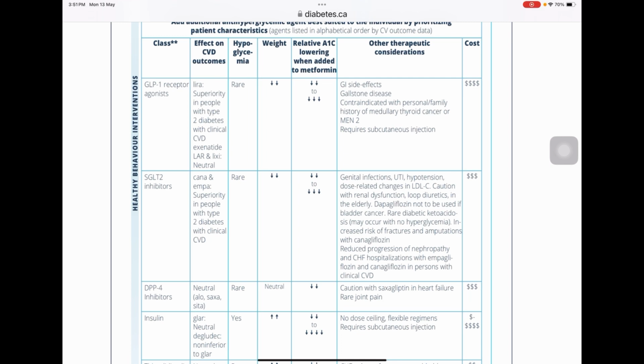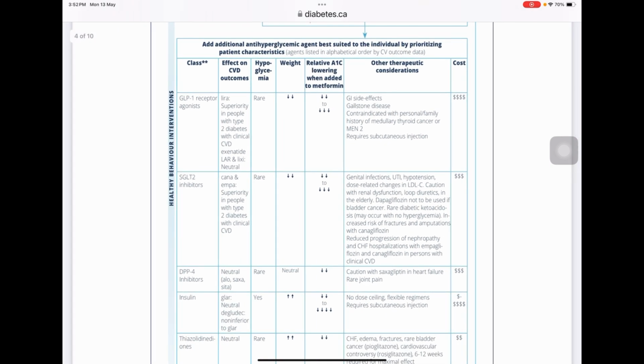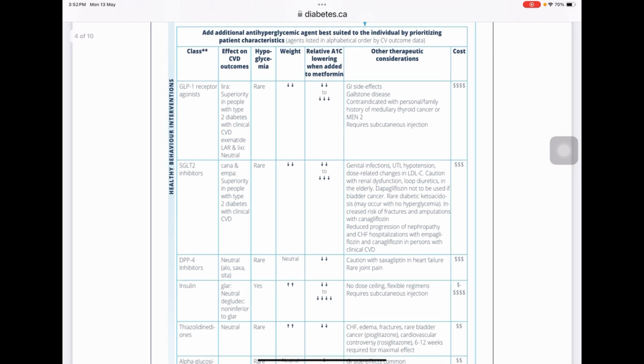One of the unique features of dapagliflozin is that we need not give it in patients with bladder cancer. Rare diabetic ketoacidosis, increased risk of fractures, amputation with canagliflozin. So dapagliflozin is not indicated for bladder cancer. Canagliflozin may increase the risk of fractures, right? And other than that, UTI, hypotension, genital infections, and cost is also expensive, but less expensive than